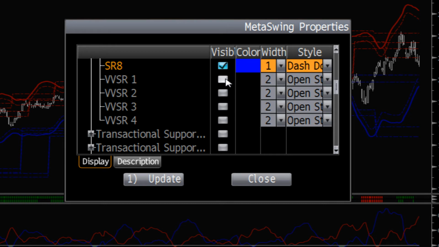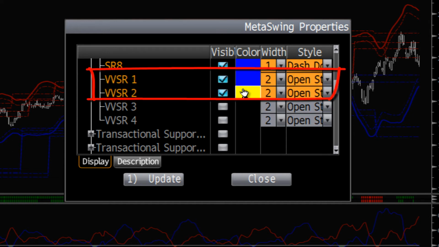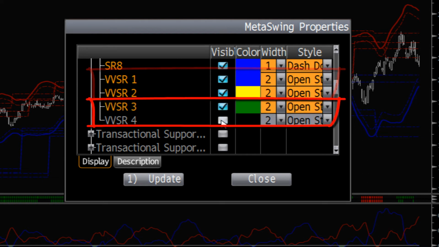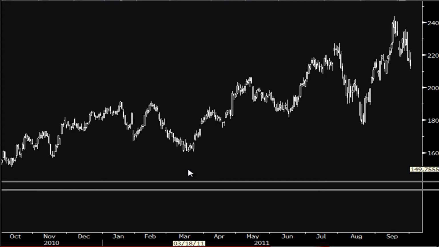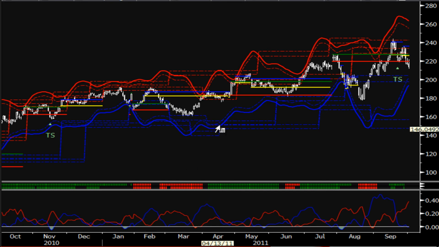Same thing here. VVSR 1 and 2 are denoted by blue and yellow. That's one pair, and the second pair is VVSR 3 and 4 denoted by green and red. And we also have transactional support signals, which we'll check mark and add, and then select Update. And what you'll notice is that